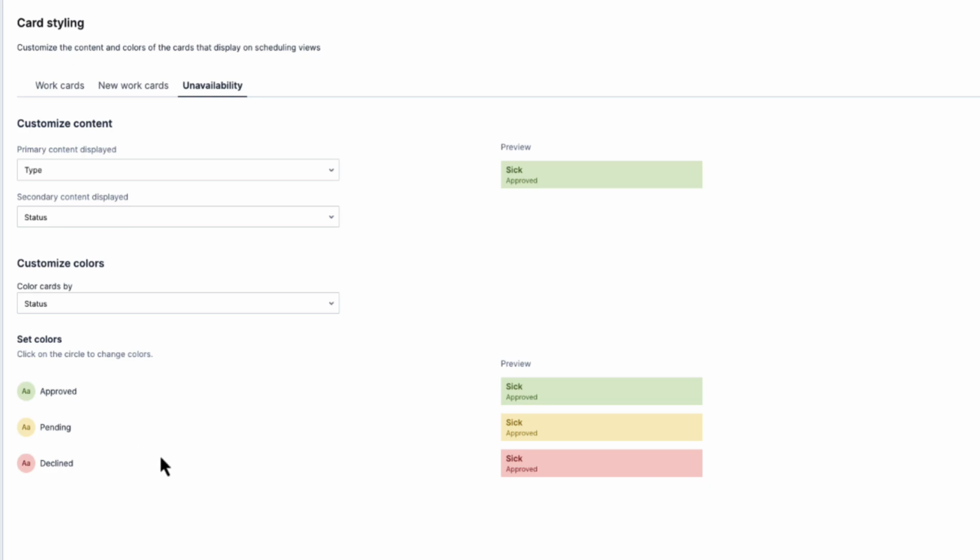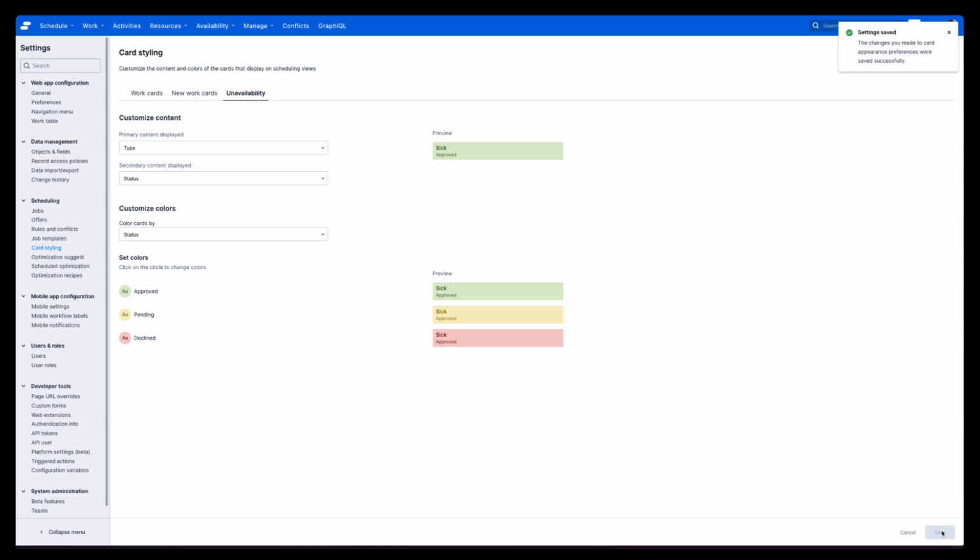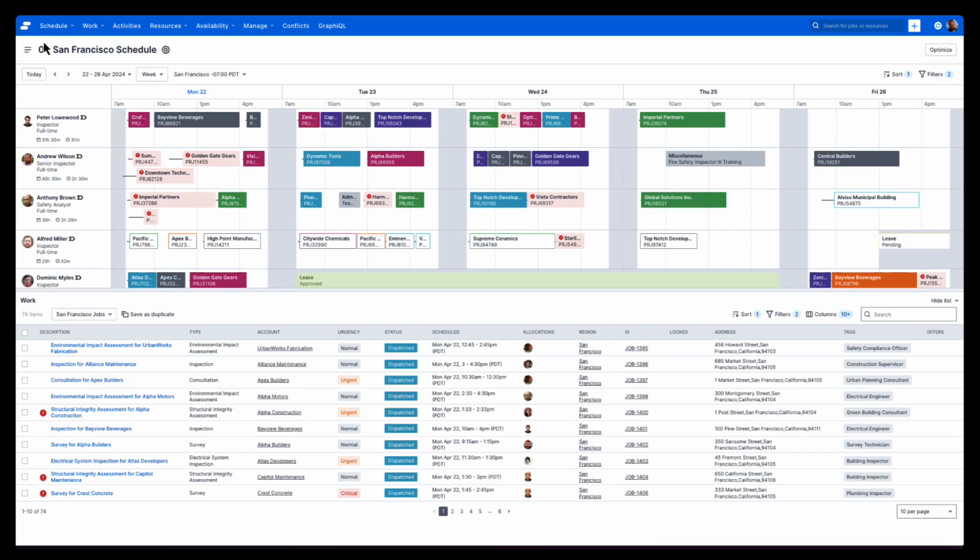So now I can very quickly and easily see whether or not leave in the system is approved, is pending, or it's declined. So if I go ahead and save that now, all of our updated settings will be applied to our swim lane. So let's head back to the swim lane view, where we can see our swim lane has completely transformed with the colors that we've selected. Note how each of my different job types are different colors. And now we can also see our project code in the secondary information on the tile. We can also see that the leave that's been approved is green,